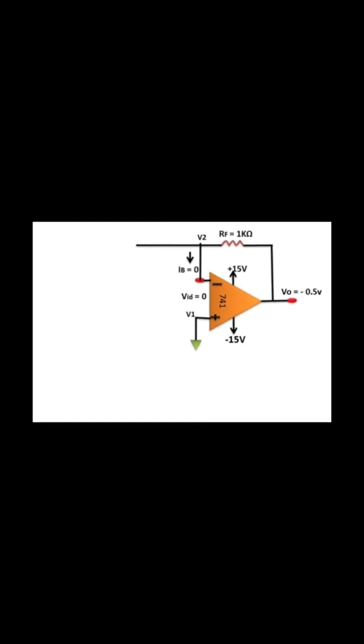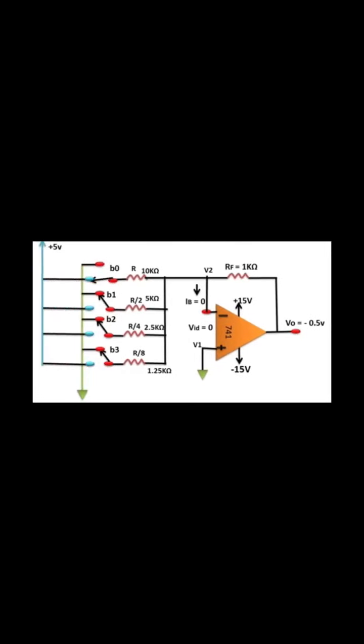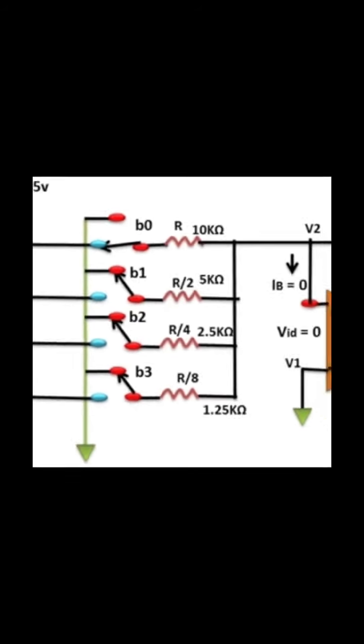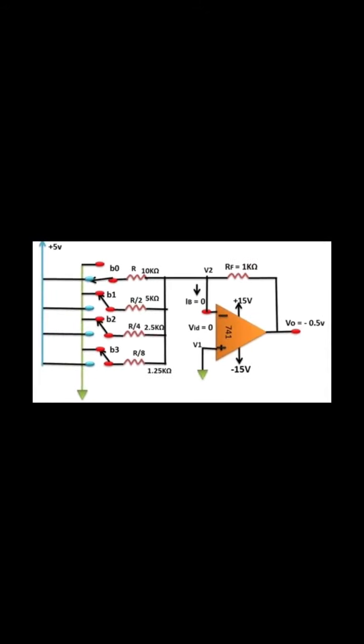Since the number of binary inputs is 4, the converter is called a 4-bit converter, because there are 16 combinations of binary inputs for B0 through B3. So from B0 through B3, an analog output should have 16 corresponding values. Here 4 possible switches are used, that is from B0 to B3.